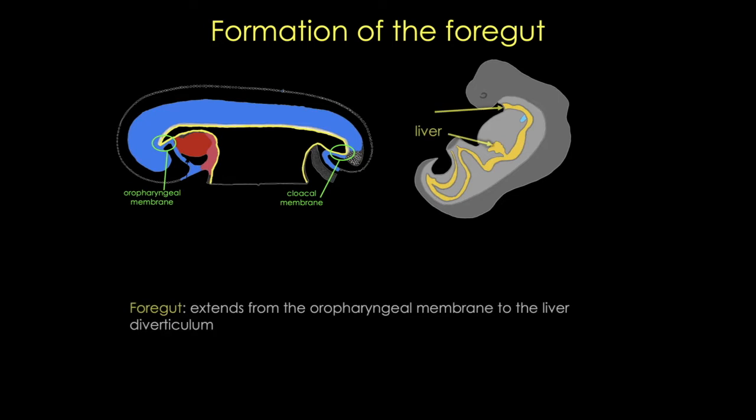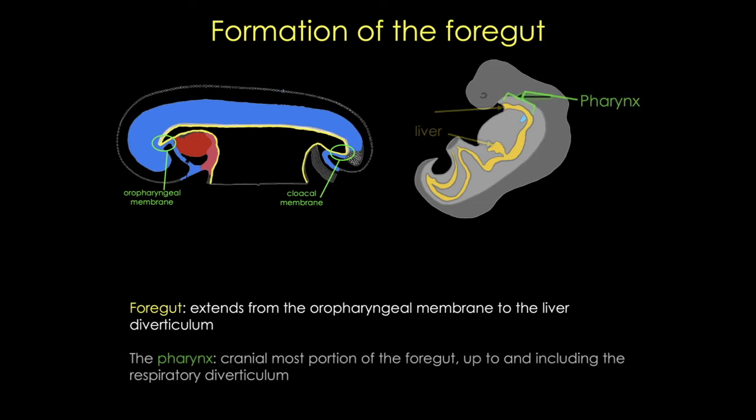Now the foregut extends from the oropharyngeal membrane to the liver diverticulum. I've used the word diverticulum a couple of times, and essentially a diverticulum is a blind tube or evagination that leads from a cavity or passage. Now the most cranial part of the foregut is the pharynx, and the pharynx extends from the oropharyngeal membrane to